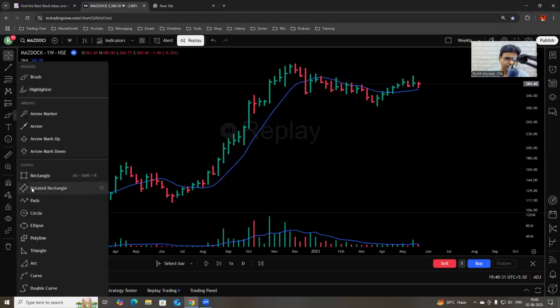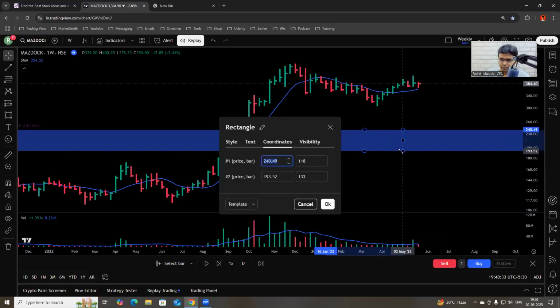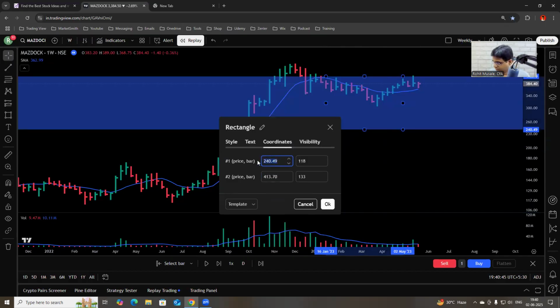So let's do that. It's already blue color, so it is 413.70, 413.70, and this is 5% above that. So I will take out my calculator. See, I keep telling you I am an old school guy. Look at this calculator. That's a Casio calculator. That's called pure old school manual way of doing things. Okay. So 413.70 multiplied by 1.05,